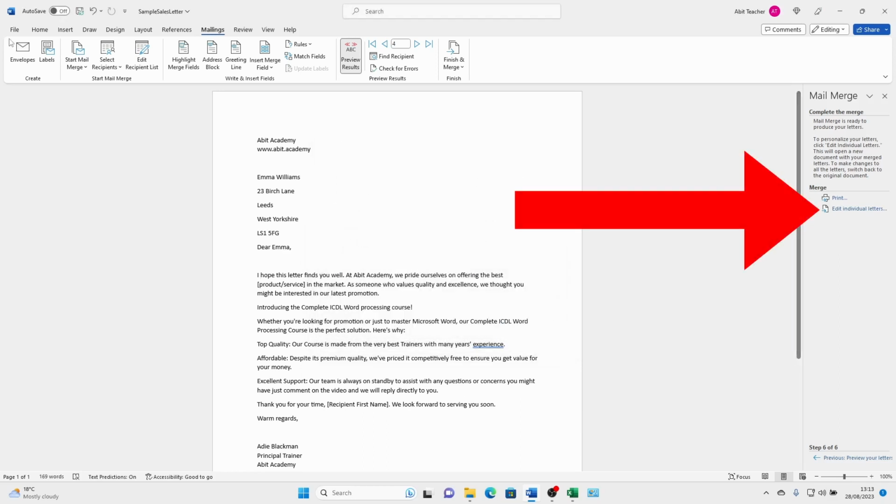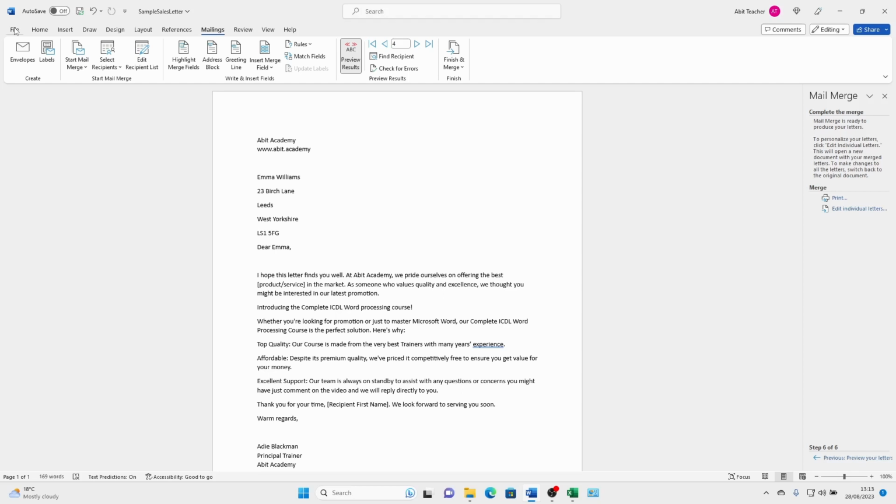Edit individual letters. Maybe you're the meticulous type and want to give each letter one last look. Click on this option and a window named Merge to New Document will appear. It's like the print option. But instead of sending your letters to the printer, they're saved to your computer. This way you can review each letter, make any last-minute tweaks, and ensure everything's perfect. But wait,